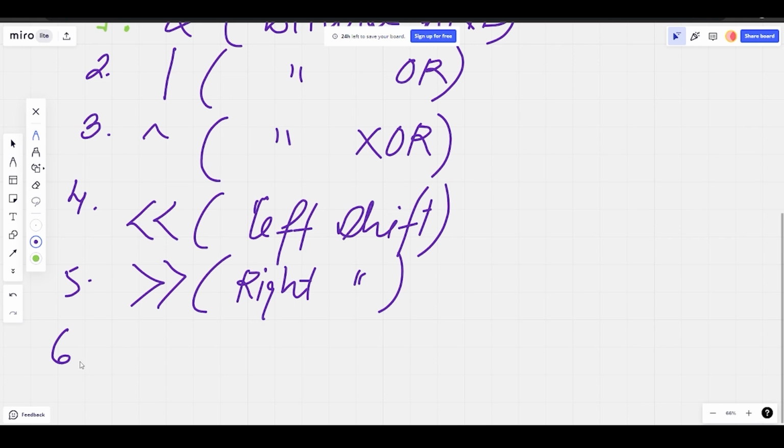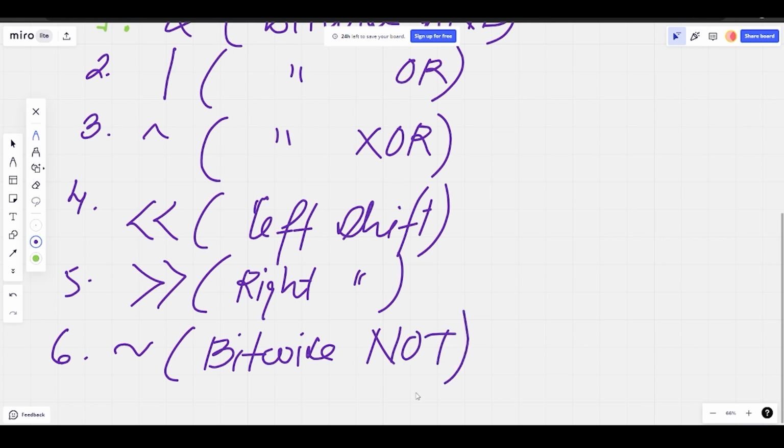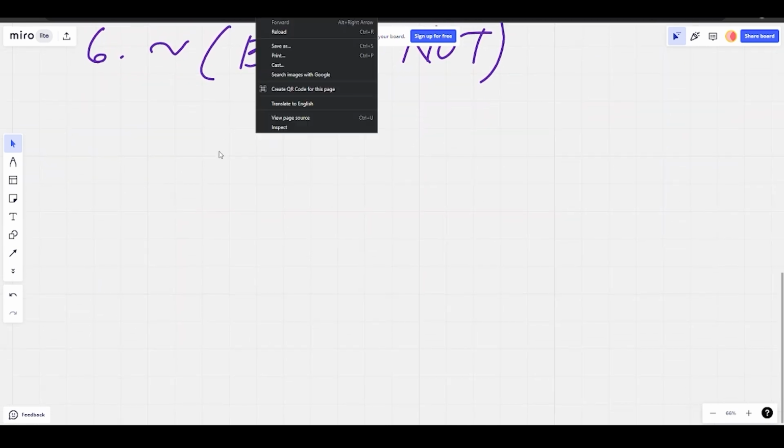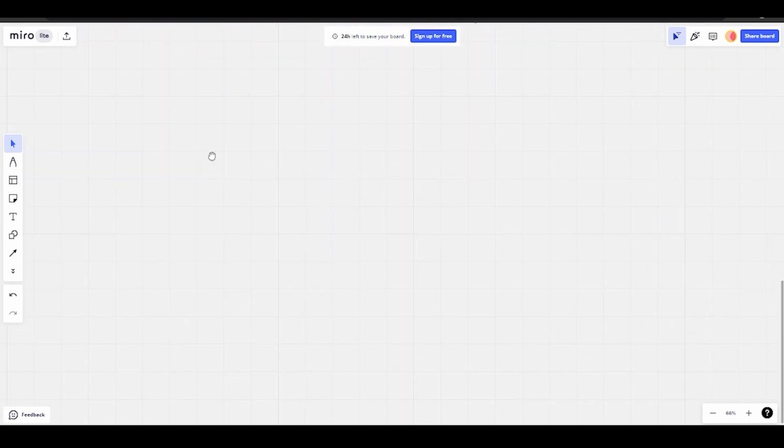And the last one is bitwise NOT. We'll see them individually and how they work. If you understand one, I'm pretty sure you will get the other ones also, but still I'll try to explain all of them once. So we'll start with the bitwise AND and see how that works.